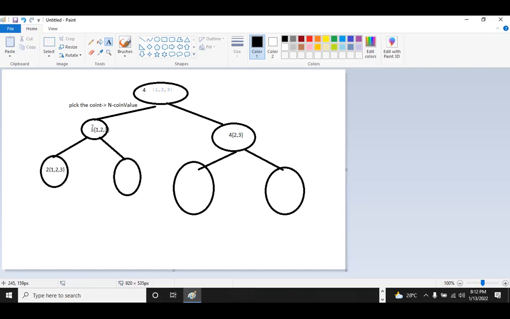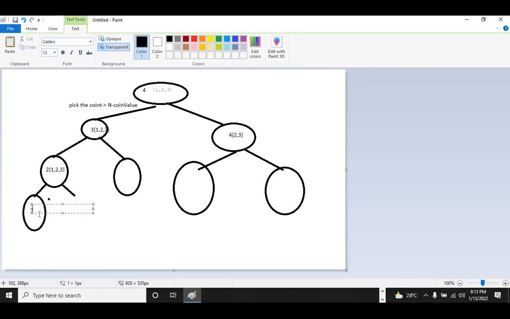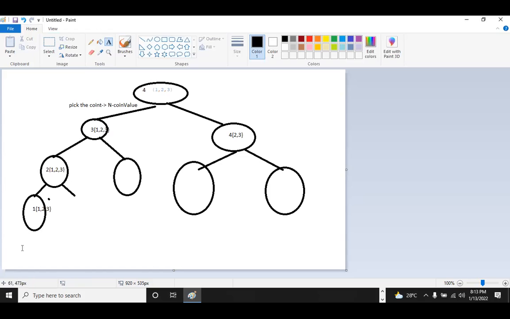So the tree of 1 is, since its value is 4, till you achieve the value n equal to 0, we'll be continuing this the length of tree. So I'm just going with the 1 tree. So if I'm going with the pick option here, so 2 minus 1. So here I'll get again 1 with the coins 1, 2, and 3. Now if I need to do one more pick of this, I have one more possibility, which is 1 minus 1, 0.